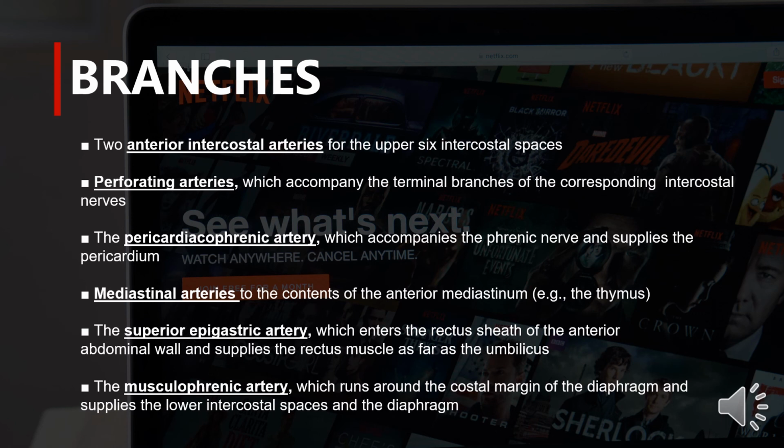The branches of the internal thoracic artery split into three separate categories: anterior, posterior, and terminal branches. So here are some examples of the anterior, posterior, and terminal branches of the internal thoracic artery. Two anterior intercostal arteries for the upper six intercostal spaces, perforating arteries which accompany the terminal branches of the corresponding intercostal nerves, the pericardiacophrenic artery, which accompanies the phrenic nerve and supplies the pericardium, mediastinal arteries to the contents of